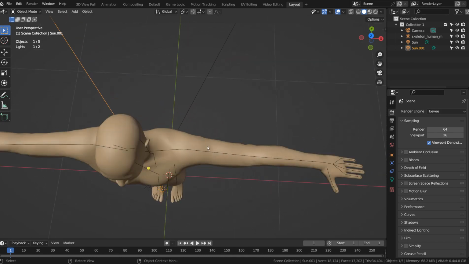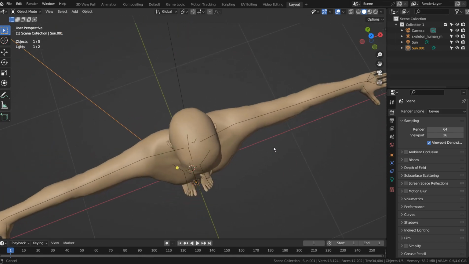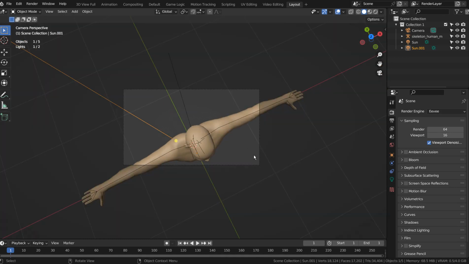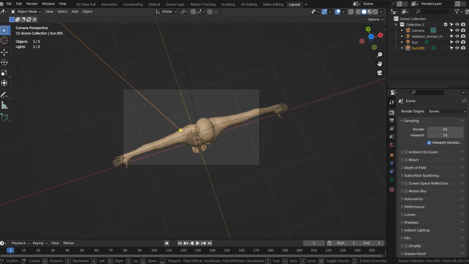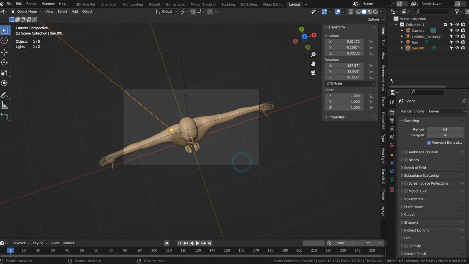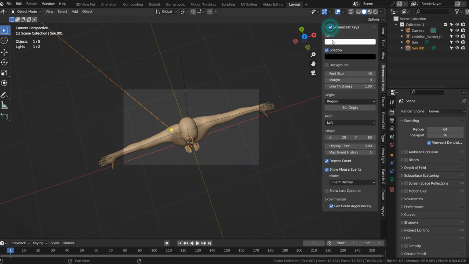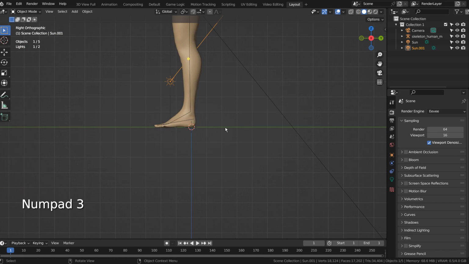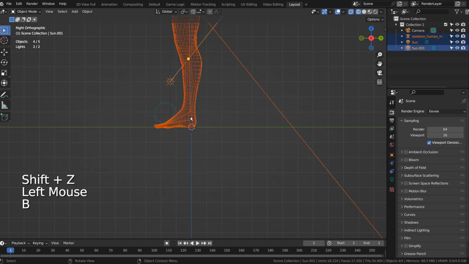The idea is to select the armature and switch to the pose mode to pose the model any way we like. Once we render the scene and send it to the Stable Diffusion, we'll be able to create a character that matches the pose from Blender.